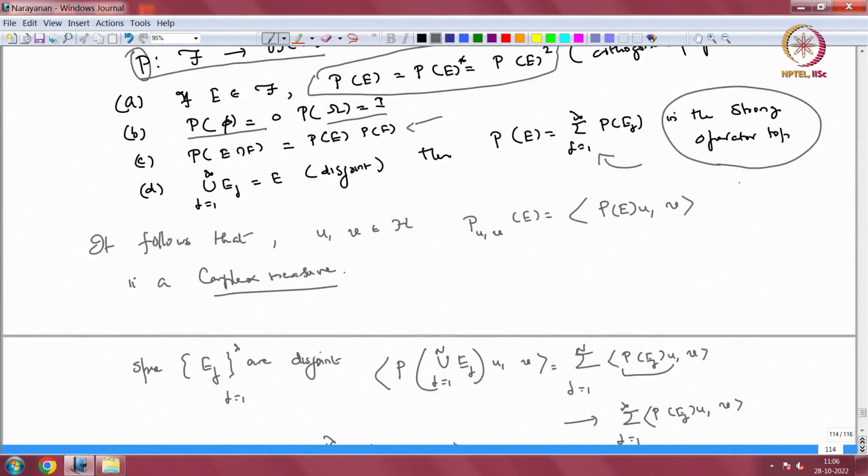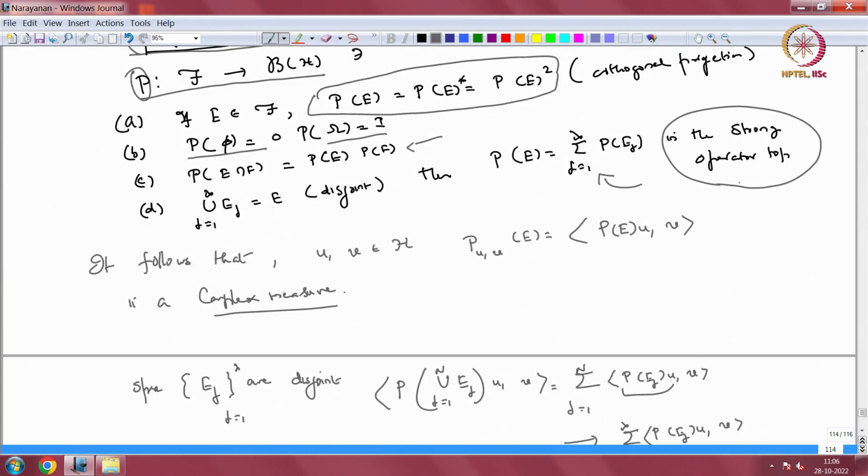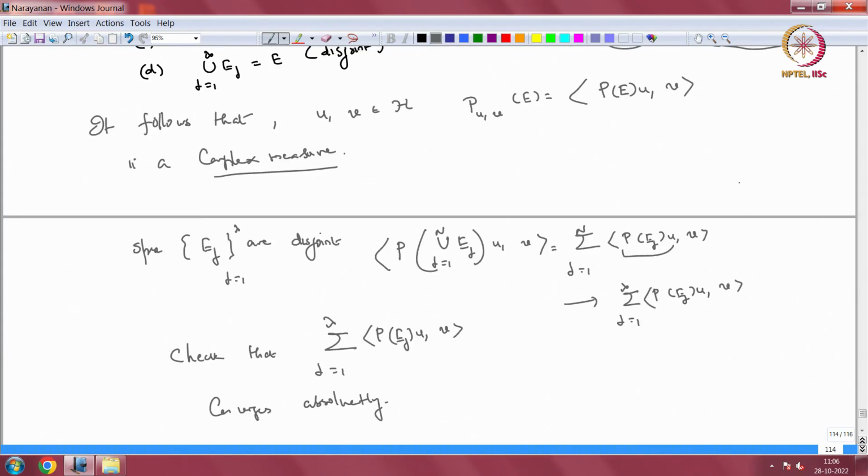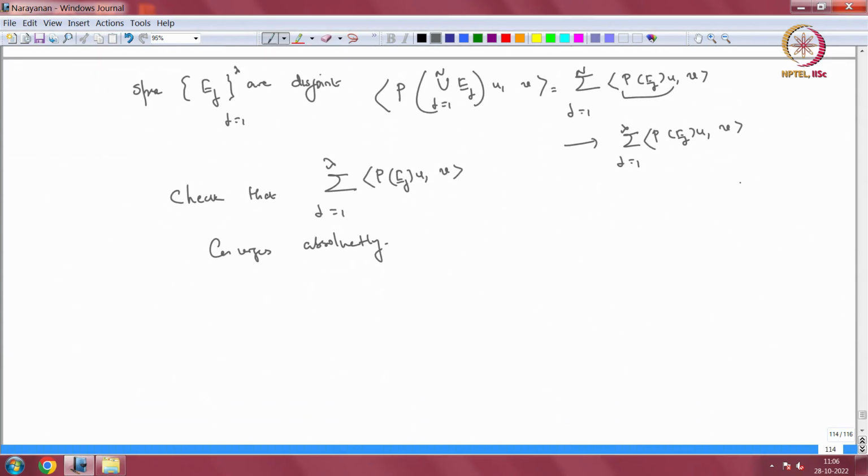And remember that P_Ej are projections, and if the Ej are disjoint, then their ranges are also orthogonal to each other. So, P_Ej u and P_Ek u are orthogonal to each other. So, when you take the norm, you are simply adding the norm squares, okay, and so from that it will follow that this summation converges absolutely. Okay. So, it is a complex measure,